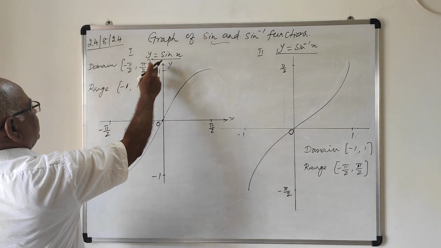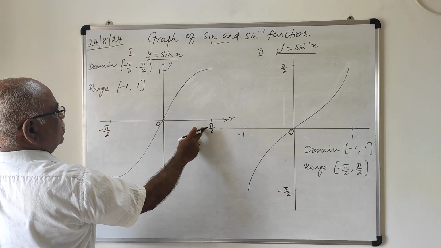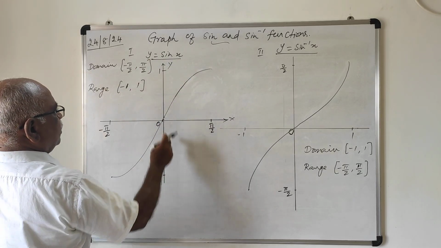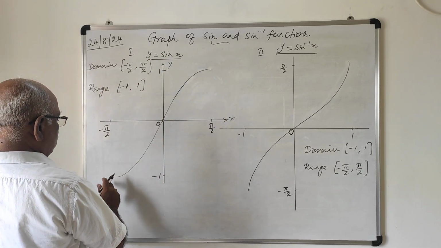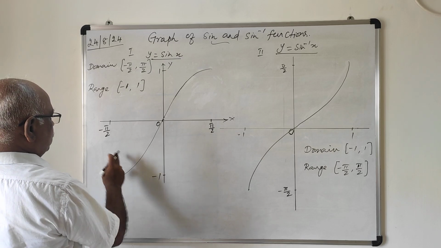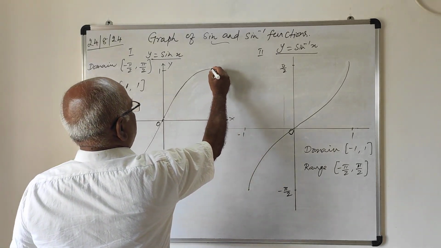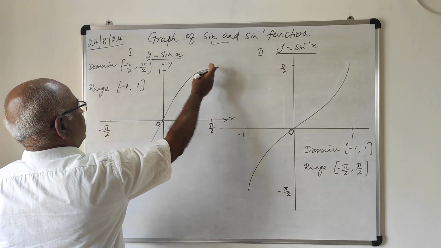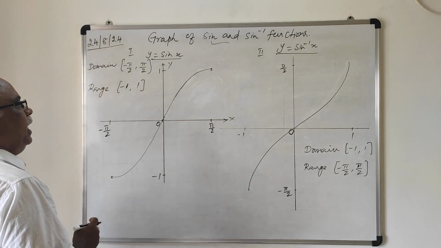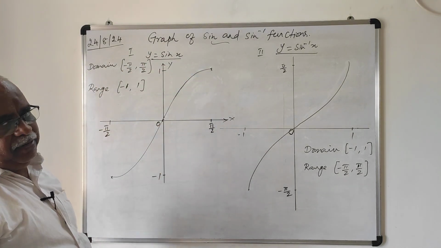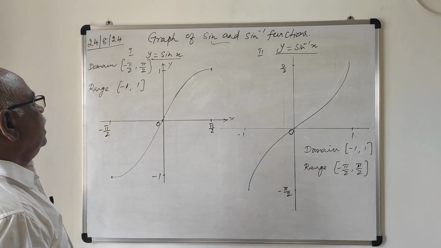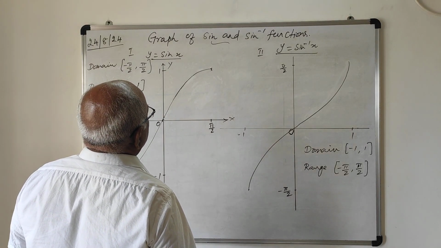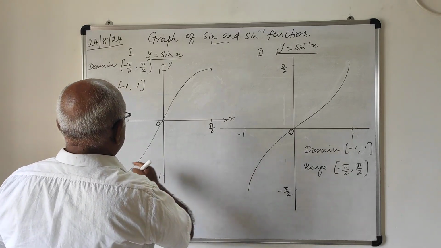So, domain of sine x is minus pi by 2 to plus pi by 2, and the range of y equal to sine x is minus 1 to plus 1. So, this is the point minus pi by 2, minus 1, and this is the point pi by 2, plus 1. So, I am drawing this graph, which indicates the sine x function. Okay? Sine x function